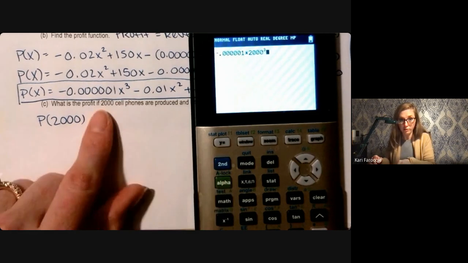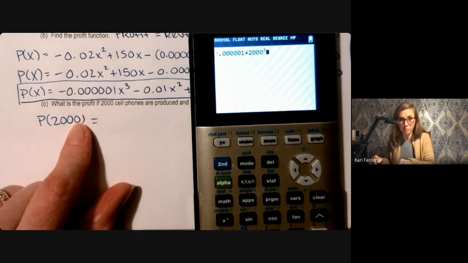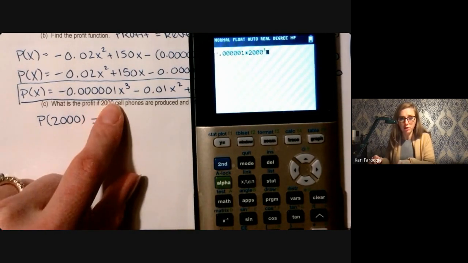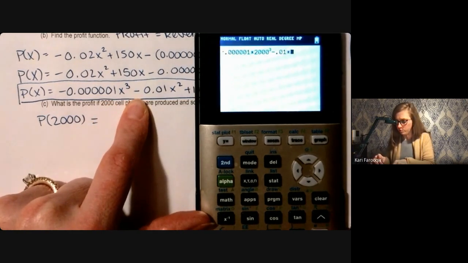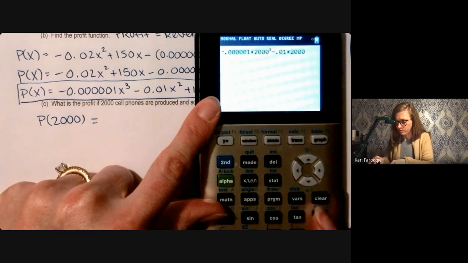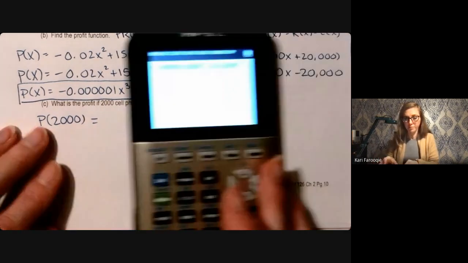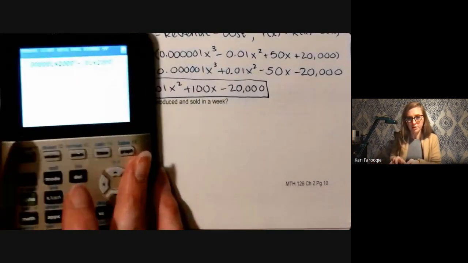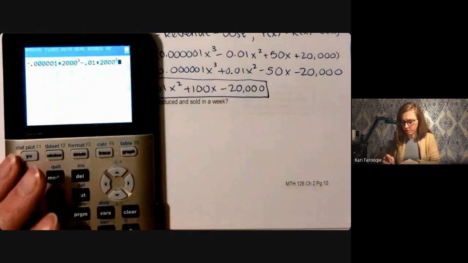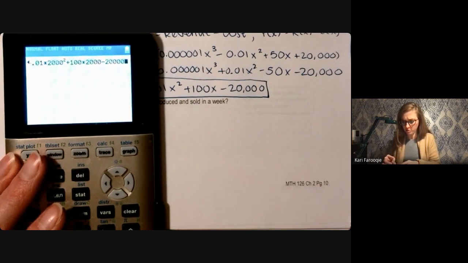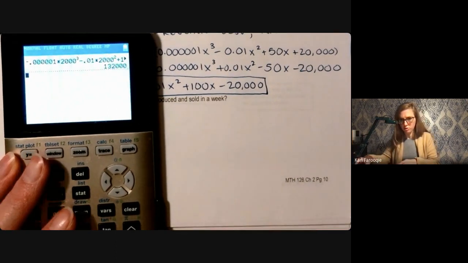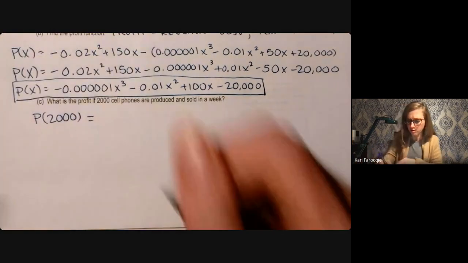Everywhere I see X, I'm swapping it out with 2,000, minus 0.01 times 2,000 squared, and then plus 100 times 2,000 minus 20,000. And you should get 132,000